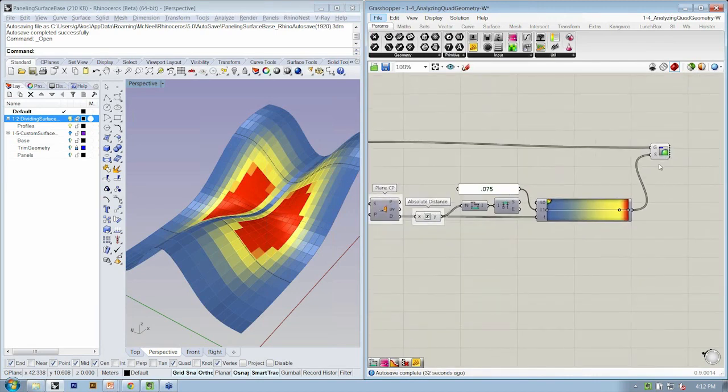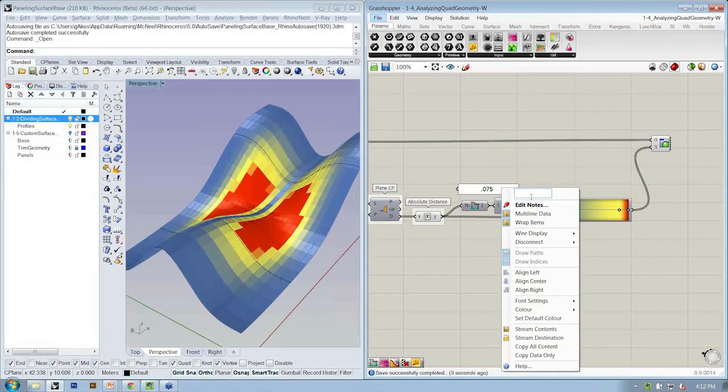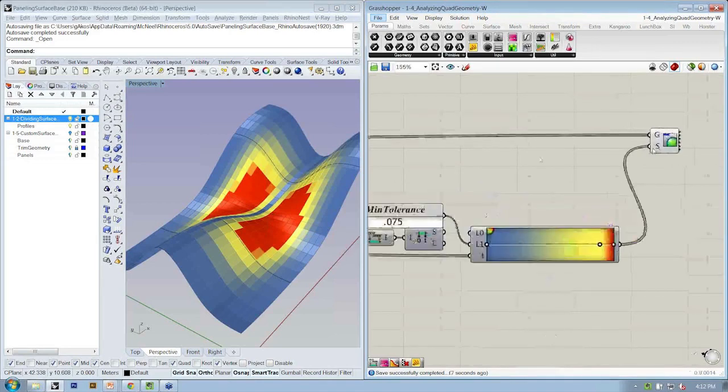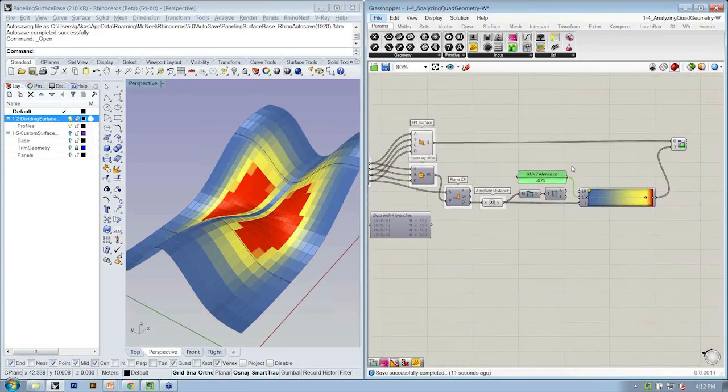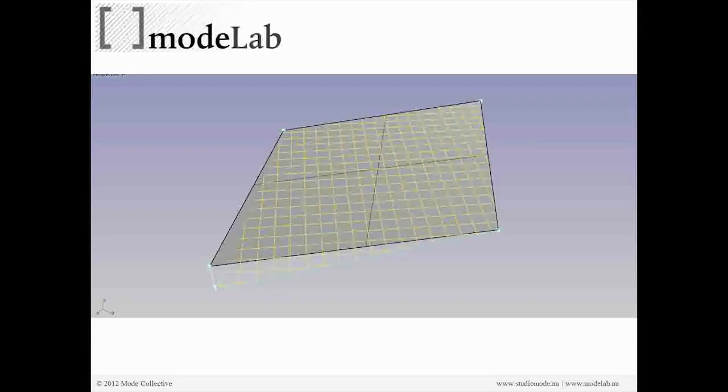All right, so that's a great lead into the next exercise. So I'll save this, and we'll maybe call this min tolerance, so that when you guys get this set of files, you'll have that as a note. Okay, so in the next exercise, what we're going to do is